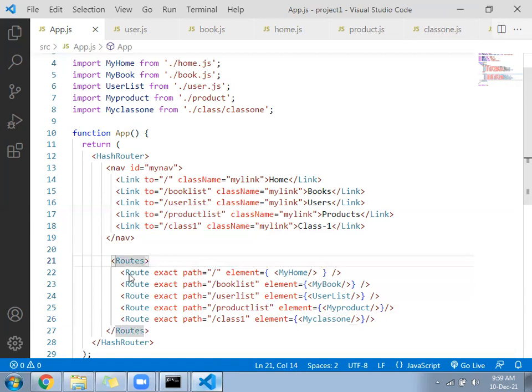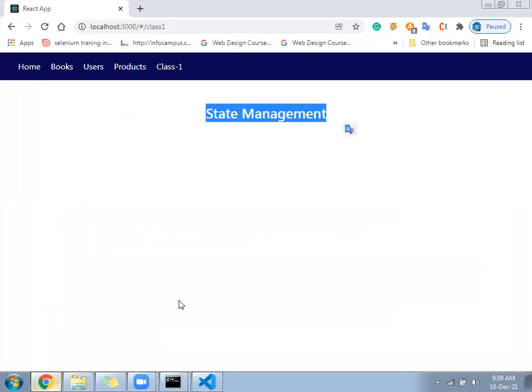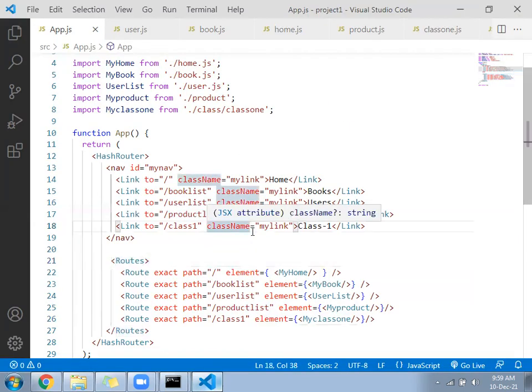So it should be like this. When we go here, class1 click, it should say state management.